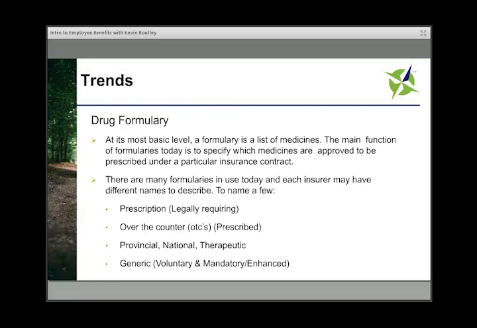Another drug formulary is a generic formulary, either voluntary or mandatory or enhanced. What that means is a voluntary generic program would be that if you had a drug that has been made into a generic and recognized on the OHIP system as a legitimate claim, the employee would be reimbursed a generic drug unless their doctor wrote no substitutions on their script. Under an enhanced or mandatory program, the doctor would not be allowed to write no substitutions unless it could be proven that the employee has an adverse reaction to the particular makeup of a generic formulary.